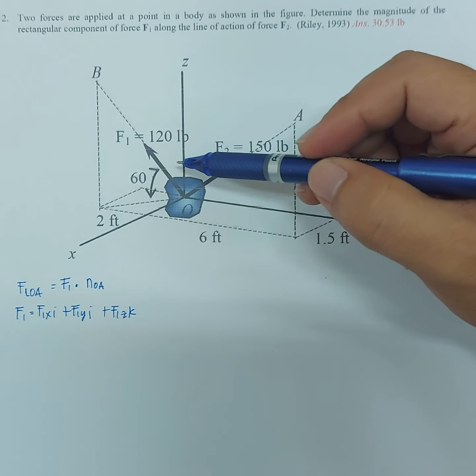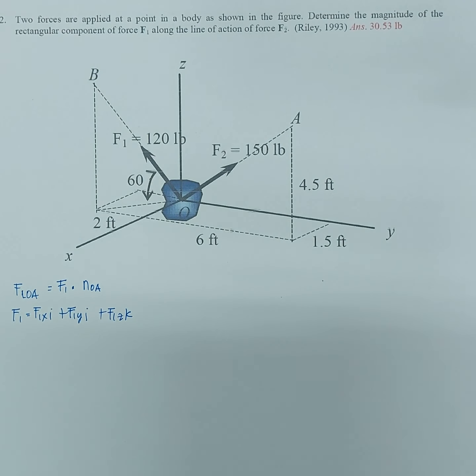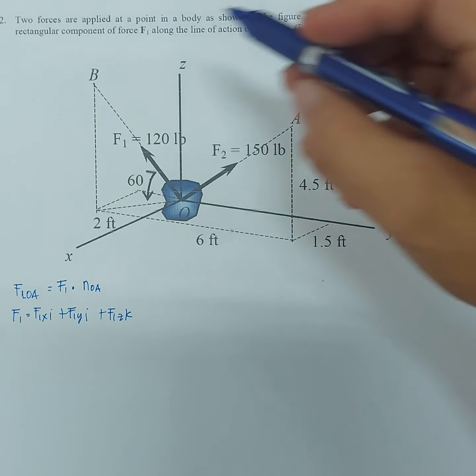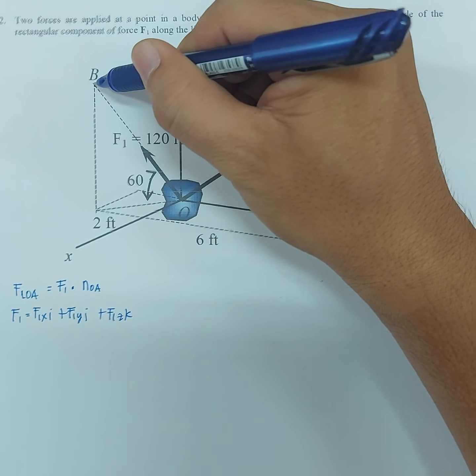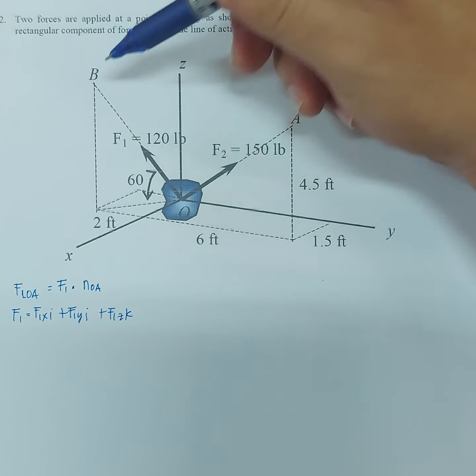Okay. So if you intend to use the strategy of the position vector or unit vector to solve for the Cartesian vector form of F1, you need to solve for the coordinates of point B. But I think it would be easier for us to solve for the components of F1 along X, Y, Z axis by simply applying trigonometry. So by inspection sa figure natin, ito yung line of action ng F1